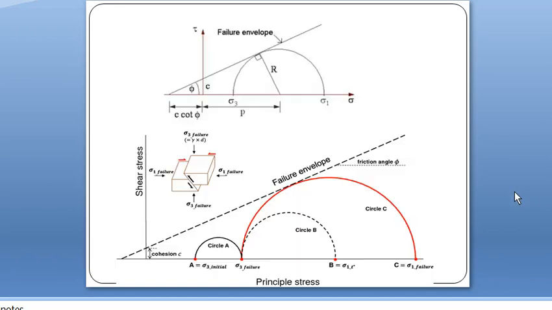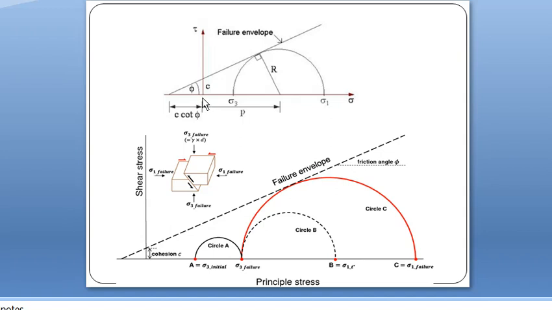Okay, so also like this, if you are drawing one Mohr circle, the failure envelope will be the tangent to the Mohr circle. And how are we drawing this Mohr circle? Sigma 1 is the major principal stress. In the triaxial test, major principal stress sigma 1 is equal to confining pressure plus deviator stress. So we can add up the confining pressure and deviator stress, and we will get sigma 1.